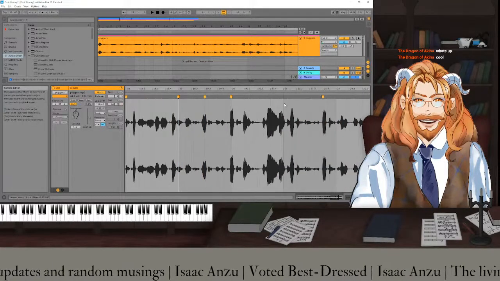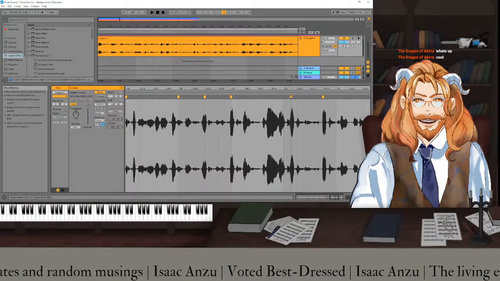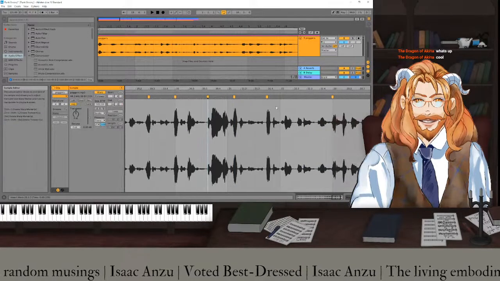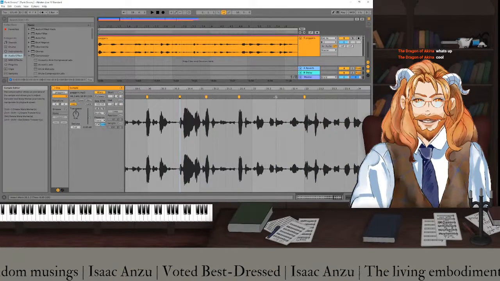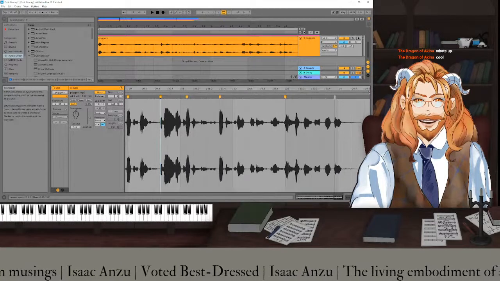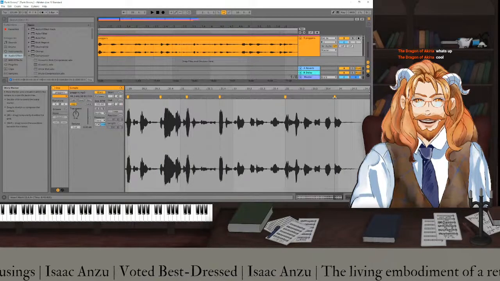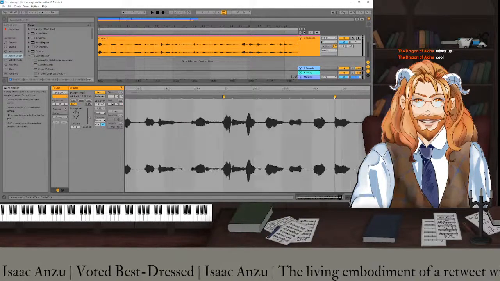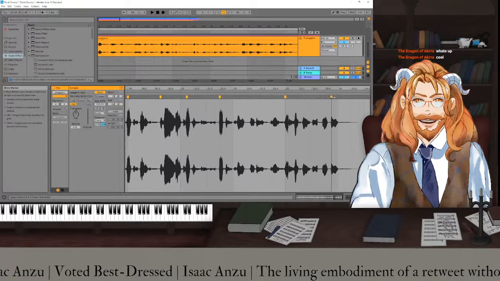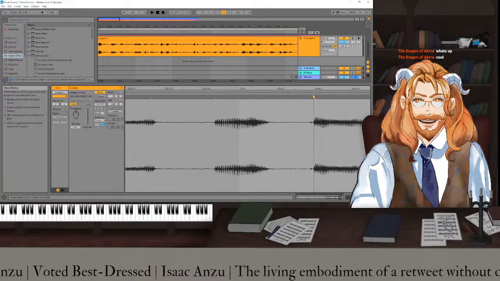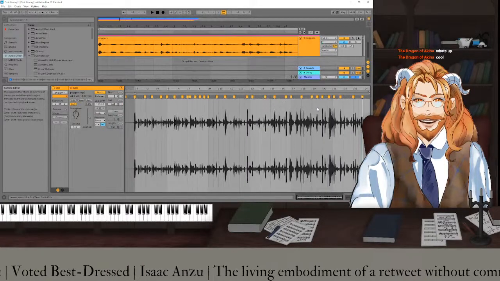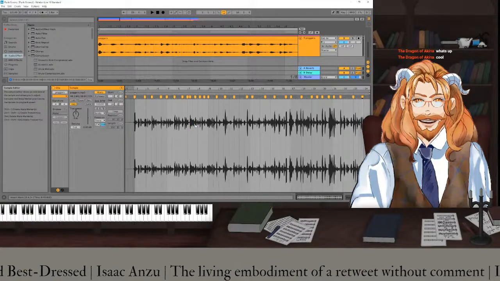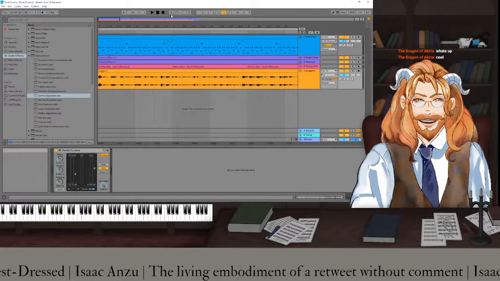I'm glad that there are so many warp markers that are just on the beat. That's nice. Wha-bam. And a wha-bam. This one's on an off beat. It's not even on an off beat. It's like on an off beat. Off beat. There we go. Okay. Well, that didn't take as long as I thought it would. Nice. Let's save. Go back to this and give a listen.